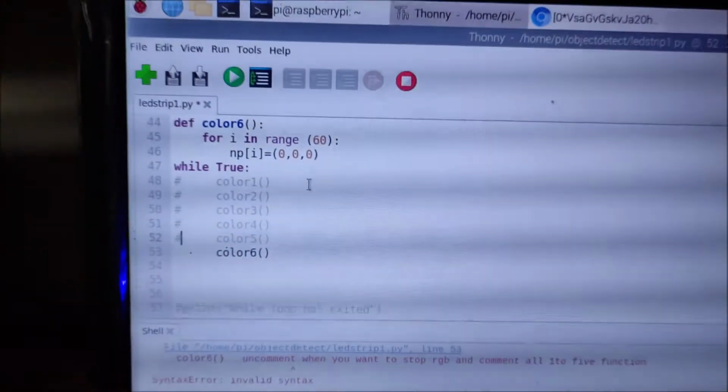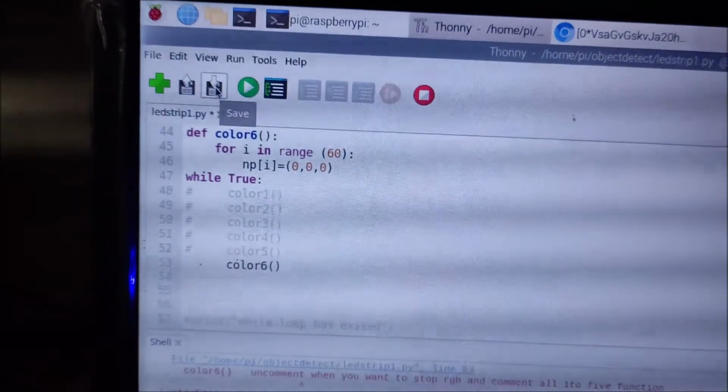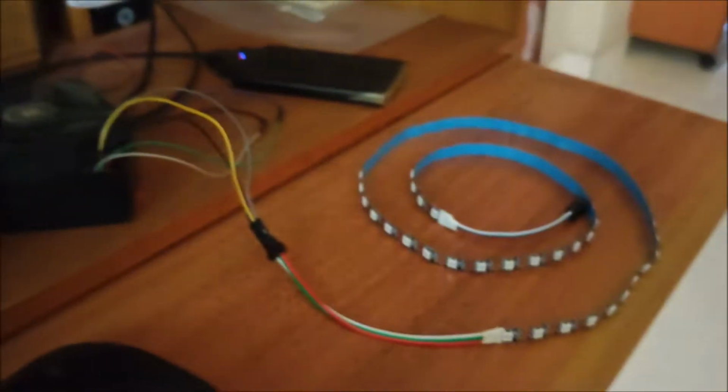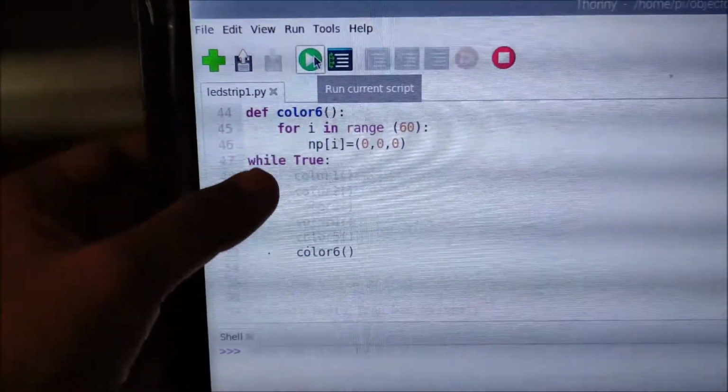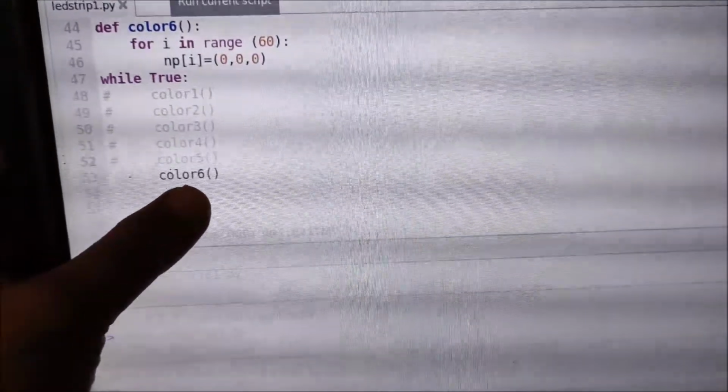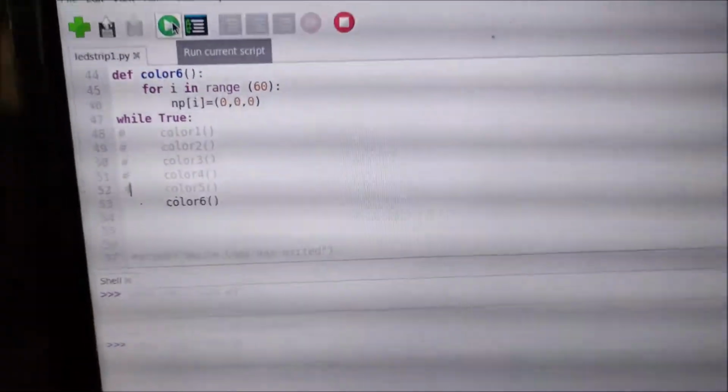Now if I run the script again, as you can see, the strip is off. So if you want to turn off all 5 functions, you simply comment out the 5 and uncomment the 6th one, and then your RGB LED strip will be completely off.